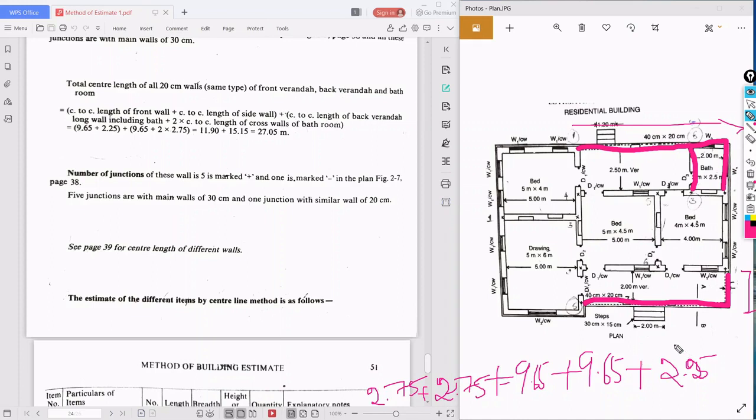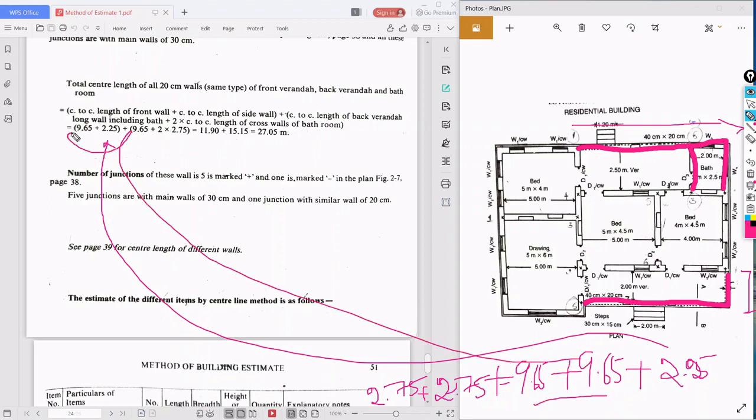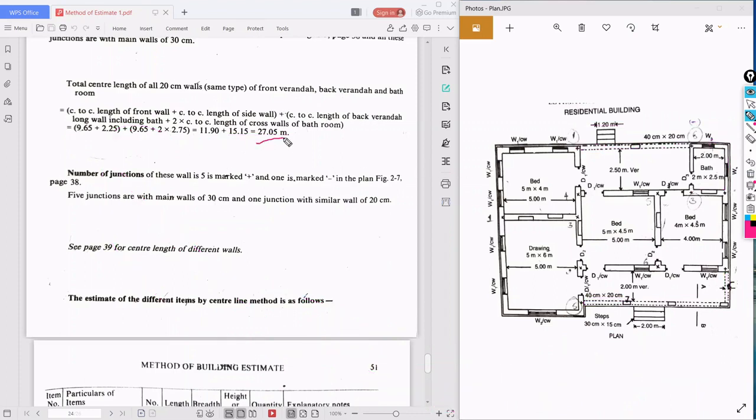2.75. Now see here, compare with this 2.25. Okay, this both 9.65 here and here. Okay, this 2.27, 2.75. So add them, we will get 27.05. So 27.05 is the total center line length of what? Total center line length of 20 centimeter wall, and